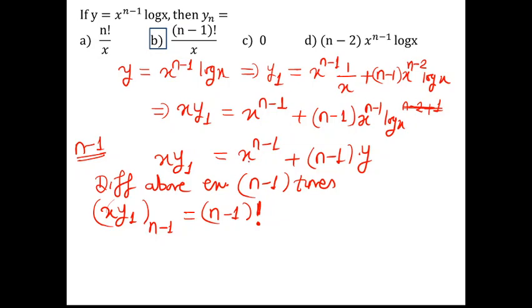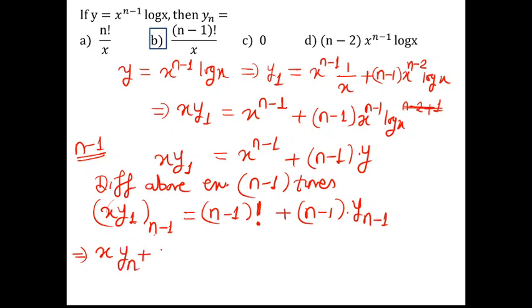So when the power of x as well as the order of differentiation are both the same, then it comes out to be that factorial. Okay, then plus n minus 1 is a constant, and the derivative of y, n minus 1 times, will be y n minus 1. Now let's apply the Leibniz rule. So x as it is, first function, n minus 1th derivative of y1, so just add these suffixes 1 plus n minus 1. So what I am having, this is nothing but n.